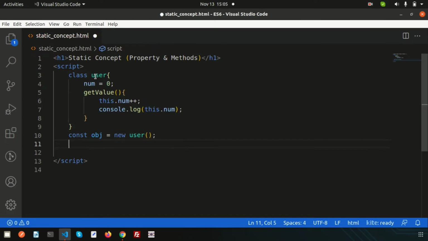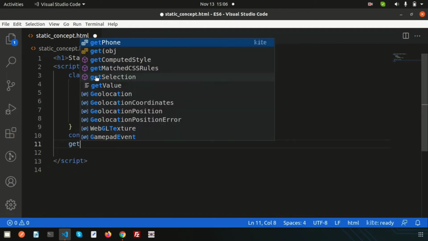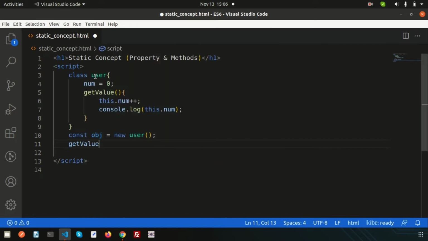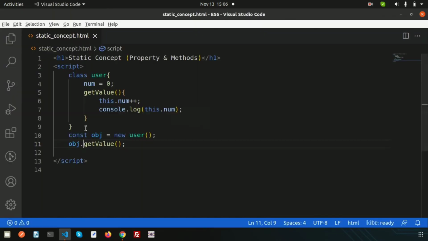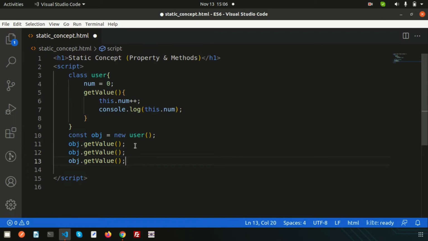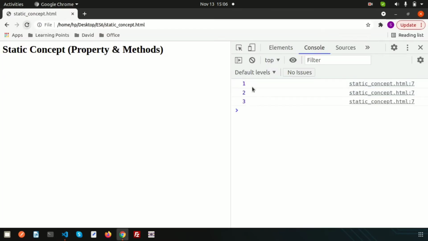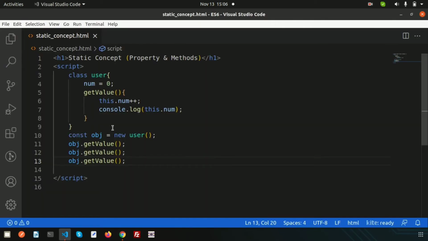Now if I call getValue, we need to use the object, that is obj.getValue. Then refresh this, we get 1, right? If you call this multiple times, simply write getValue, then we can see 1 2 3, which means it is incrementing, right?